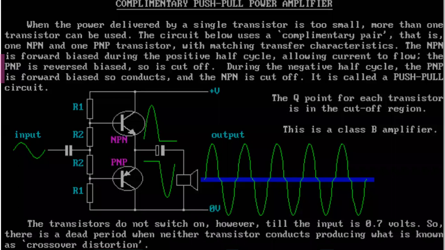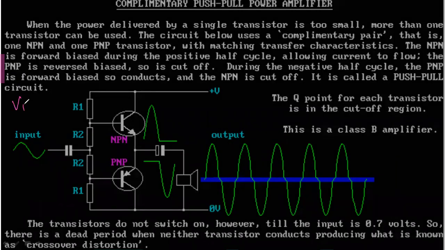But there's an issue. As you know, for current to flow through the transistor, your input voltage VBE should be higher than, for a silicon transistor, 0.6 volt. Therefore, keep in mind that until 0.6, once you increase your input voltage, just assume this is your input signal and there might be a level at 0.6. Just assume this is the 0.6 level.